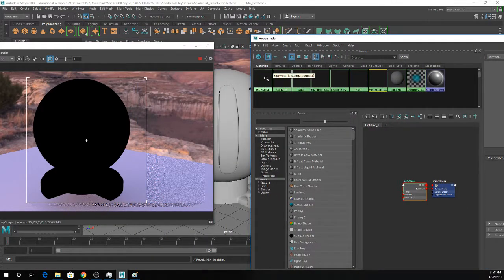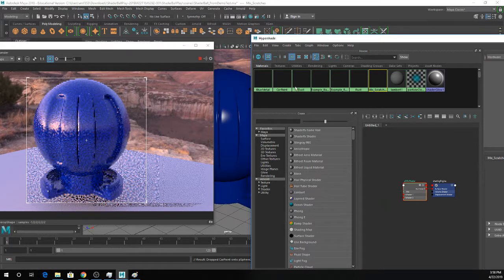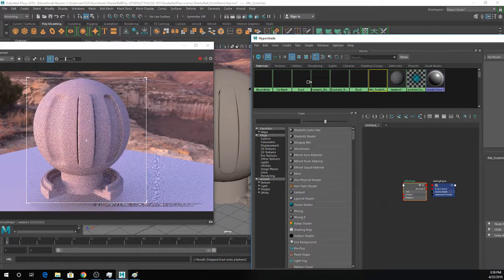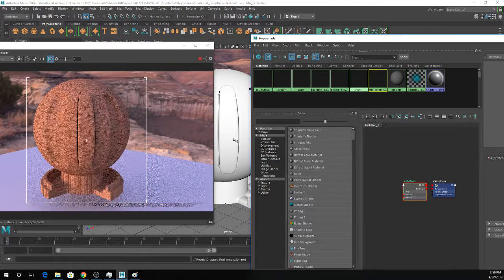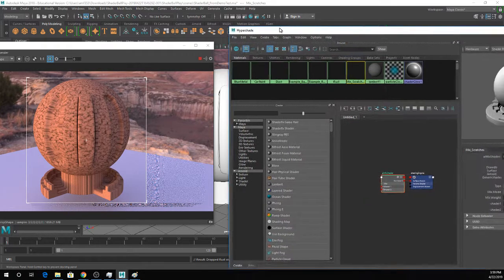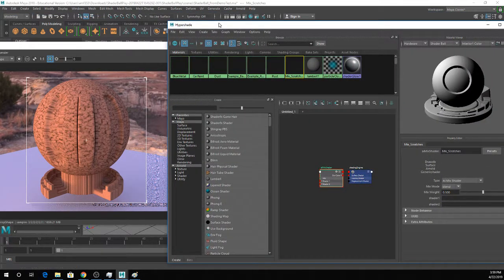So I have blue metal, I have car paint, I have dust, which looks terrible, and I have this awkward rust texture that I made. These are all just base textures that I have, and I'm going to be using them almost as if they're layers in Photoshop, where I'm going to use maps to show one versus the other. So with this mix shader, I'm going for rusty car paint, so I'm going to drag in my car